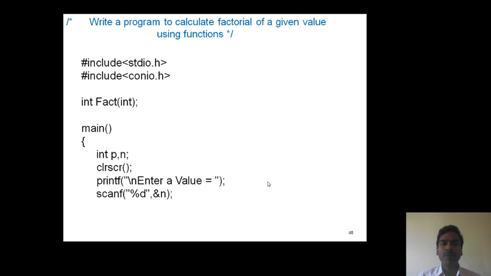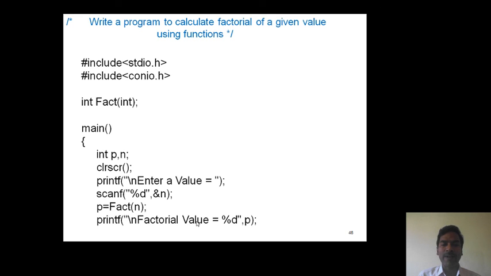First we read the input value. Hence we print a message as enter a value, and the input value is n. Now the function call: p = fact(n). After implementation of the function, it returns a value which is stored in p.